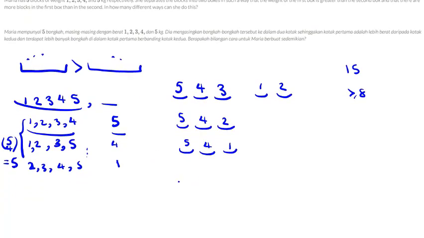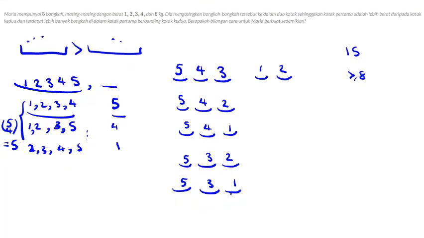The next one is if we have 5 and we don't have 4. 5, 3, 8, it is okay. 5, 3, 1, and 5, 3, 2, it is okay. And if we have 5, 2, 1, then again it will be okay. 3, 4, 7, 8, all of them are okay. If we don't have 5,